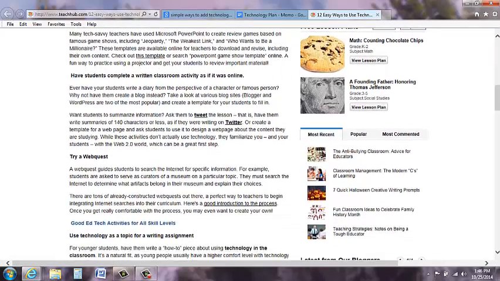Have students complete a written classroom activity as if it was online. Ever have your students write a diary from the perspective of a character or famous person? Why not have them create a blog instead? Look for various blog sites and create a template for your students to fill in. Want students to summarize the information? Ask them to tweet the lesson. Okay, so I have two examples right here that I think would be good intro pieces to